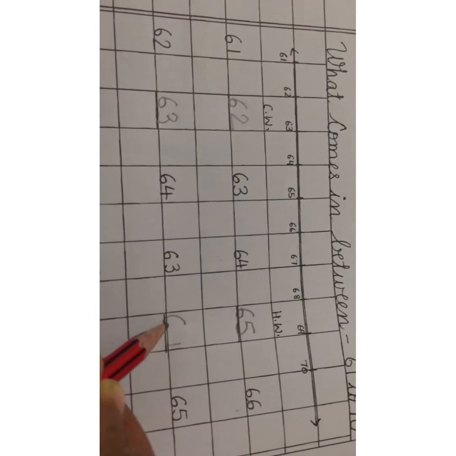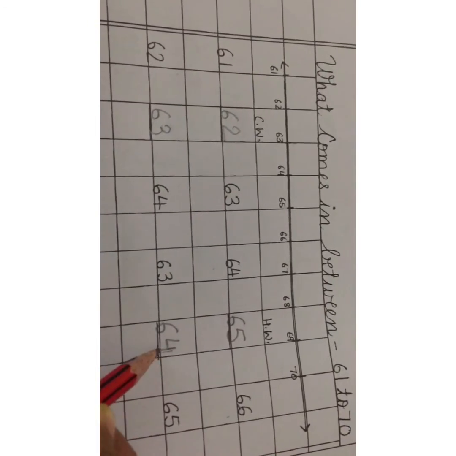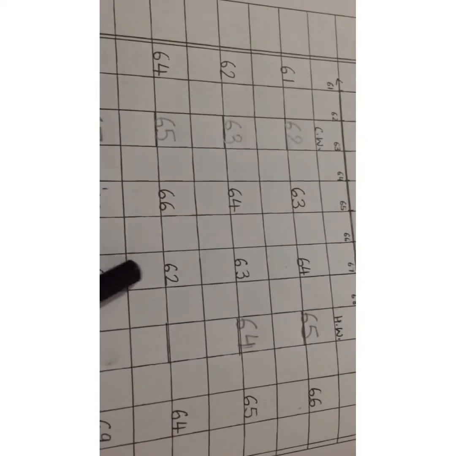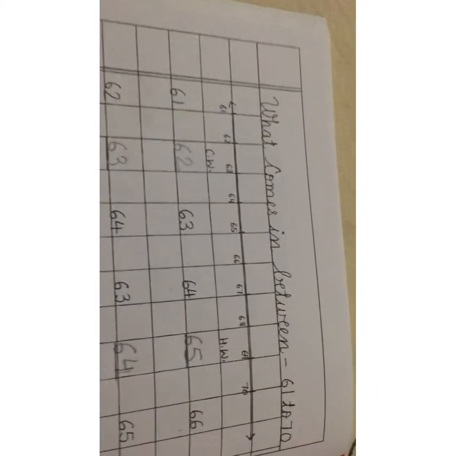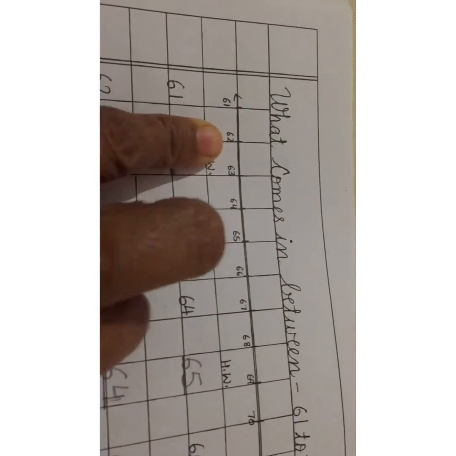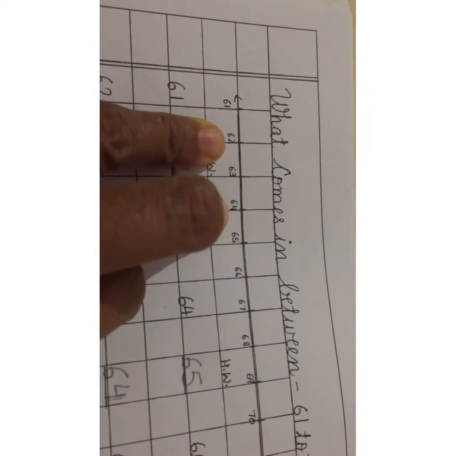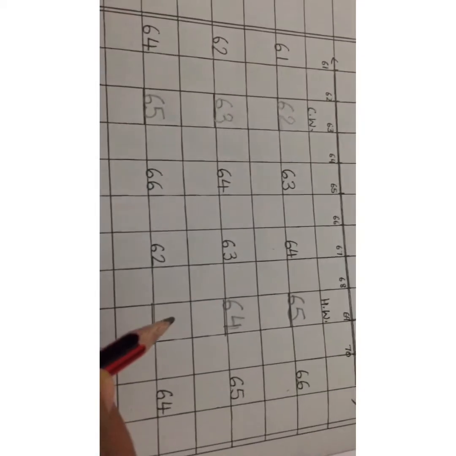64. We will write 64 here. Now this is 62 and this is 64. We will look for 62, put our finger on 62 and 64 and see which number falls in between. 63. We will write